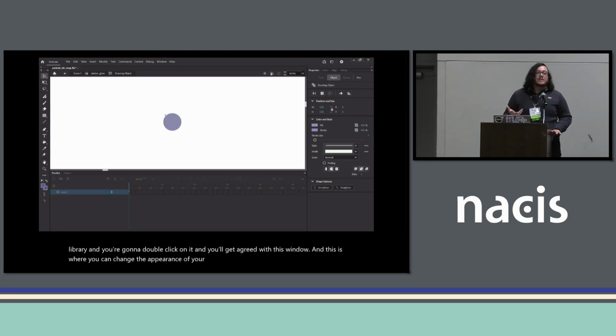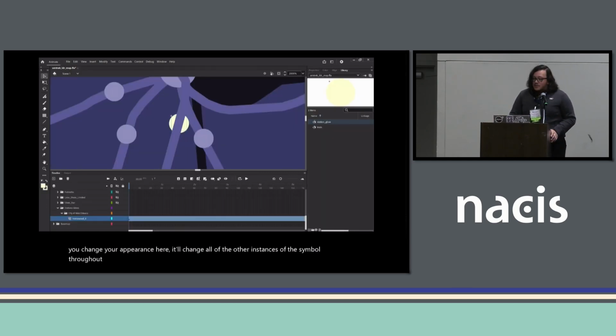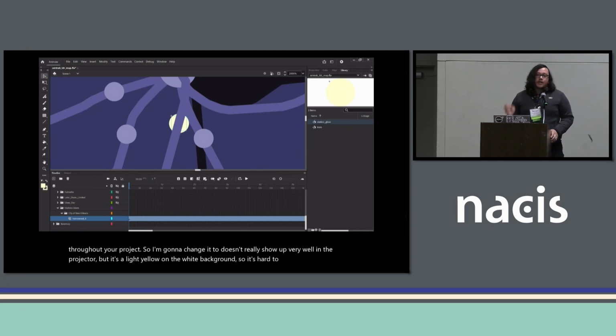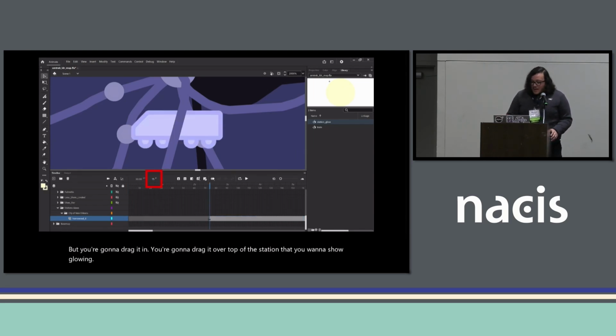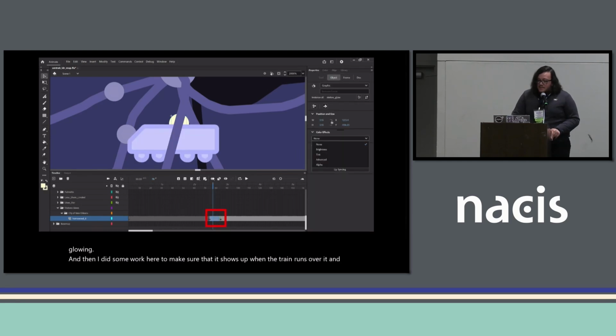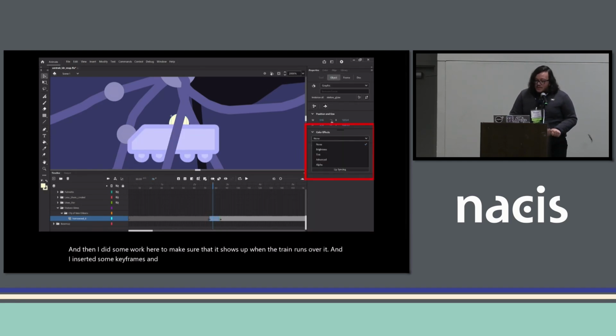And this is helpful because if you change your appearance here, it'll change all of the other instances of this symbol throughout your project. So I'm going to change it to, it doesn't really show up very well on the projector, but it's a light yellow on a white background, so it's hard to see. But you're going to drag it over top the station that you want to show glowing. And then I did some work here to make sure that it shows up when the train runs over it. And I inserted some keyframes and inserted a classic tween so that,